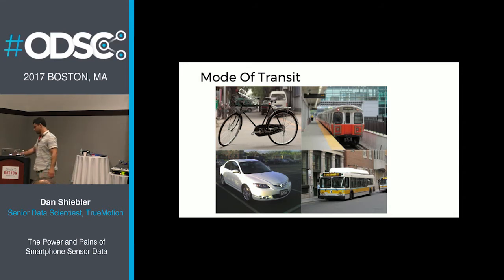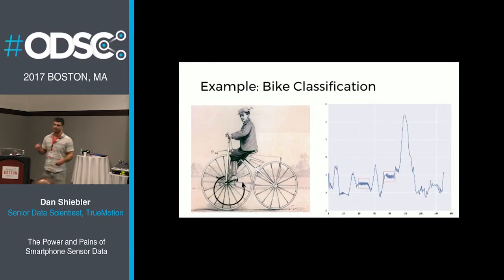And one pretty cool algorithm that we use is bike classification, which we can do by looking for particular sequences of fluctuations in the motion sensor trace. So this is a gravitational representation. And you can see when somebody's pedaling, the up and down motion of the pedal appears directly in the gravitational representation. And in order to get this, we actually need to first align the phone